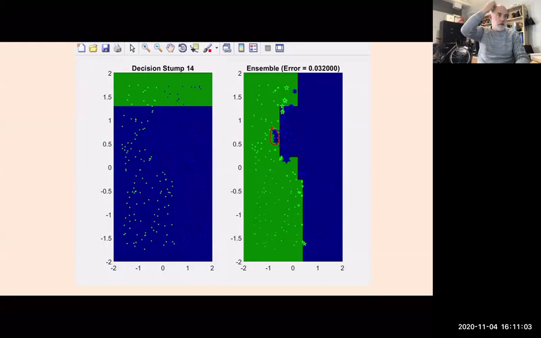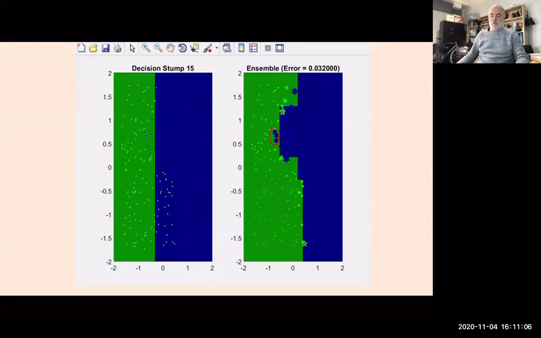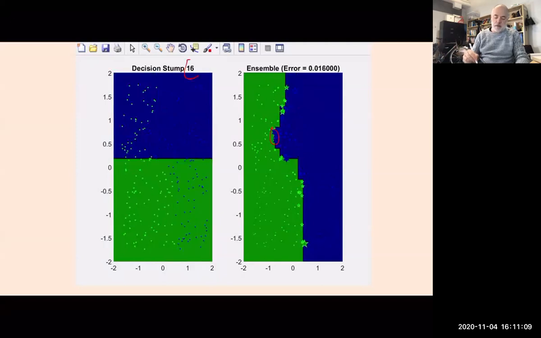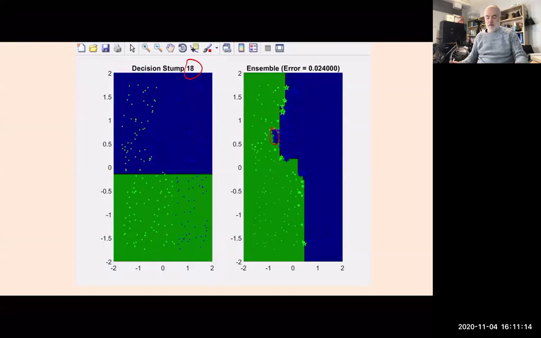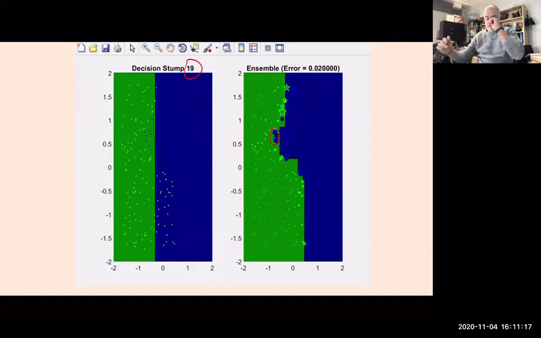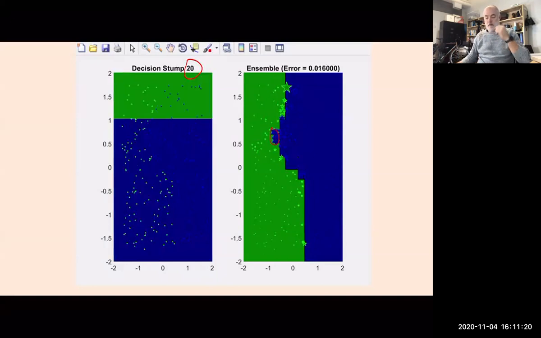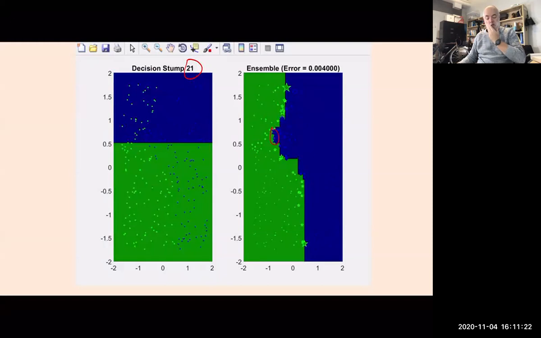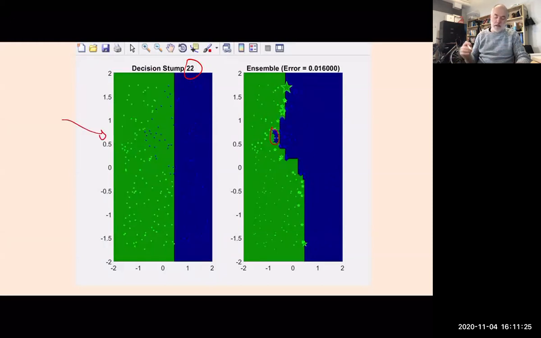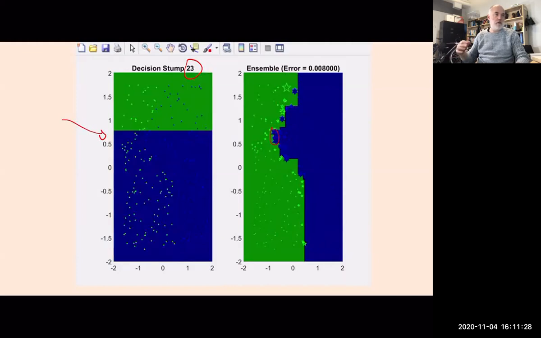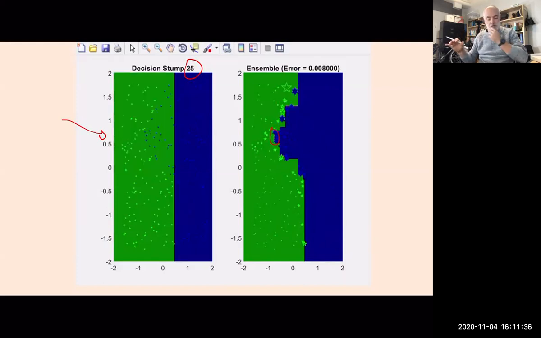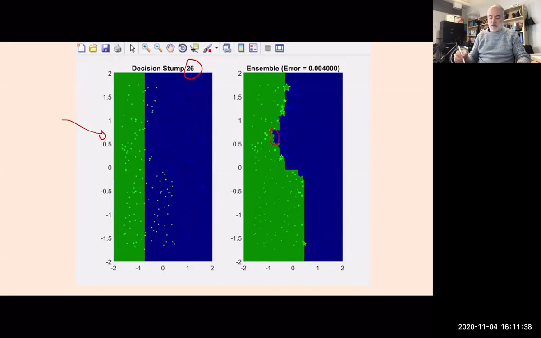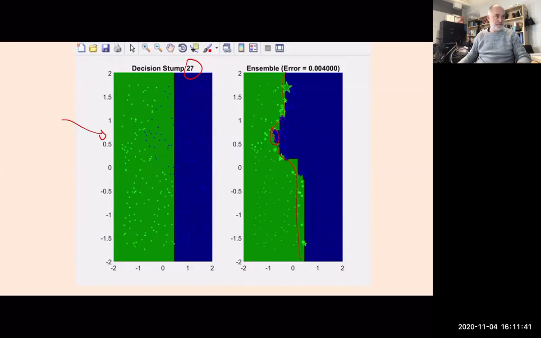Okay, so this is basically what AdaBoost does as you're learning an increasing number of decision stumps, and you can see that the complexity of the decision surface grows over time. But all you ever have is a collection of these decision stumps that you vote amongst. So the ensemble is a collection of these decision stumps that are weighted appropriately according to the algorithm, such that the final decision boundary looks like what you see over here.